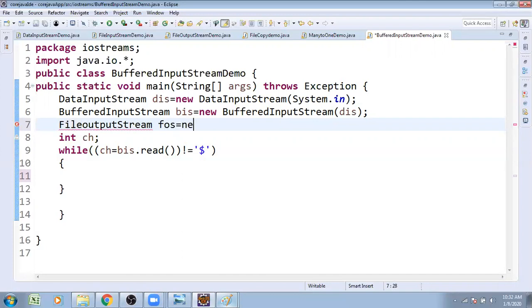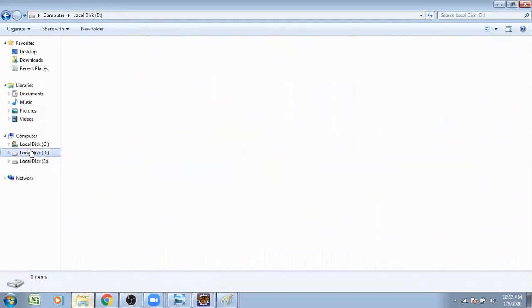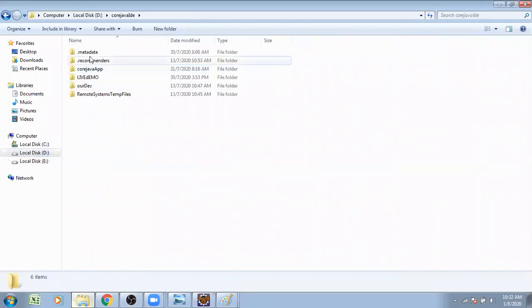FOS is equal to new FileOutputStream of file name. What is the file name? mydata.doc. If I do not mention any path, it is automatically stored in the present directory. The present directory is nothing but the location where our Java application is stored.